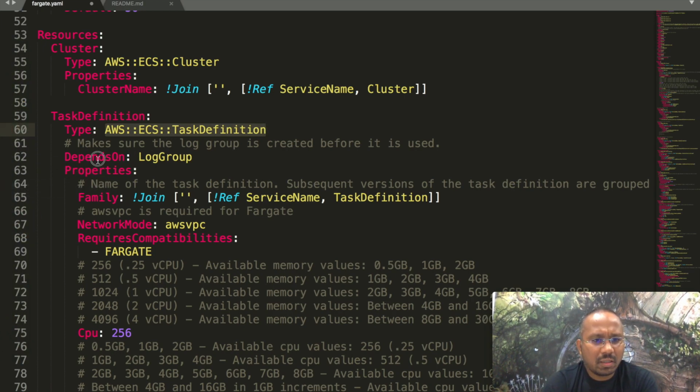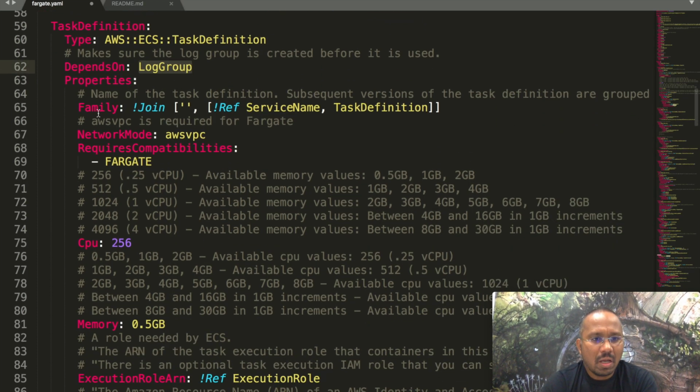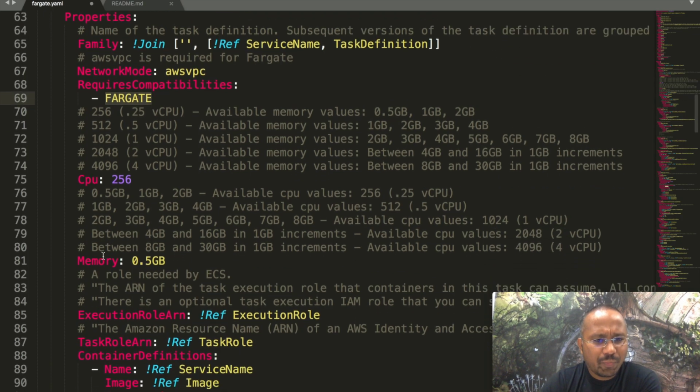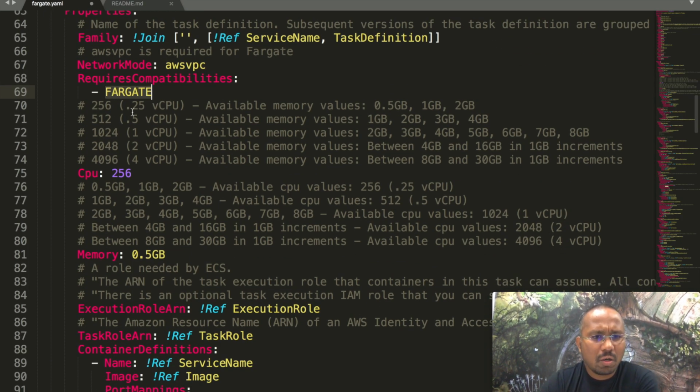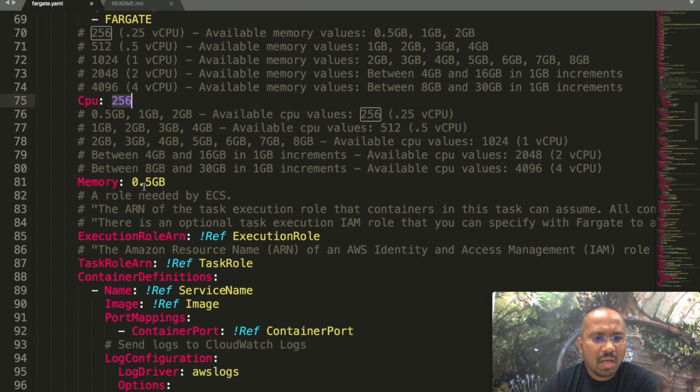Okay, let's go here. It depends on the log group, because for the task definition we want to enable logging, so we are also creating a log group. Here we have the family. Then network mode, we are using AWS VPC, because this will be powered by Fargate, and Fargate only supports AWS VPC network mode. Then CPU, we are going to use 0.25 vCPU, so this is 256. Memory